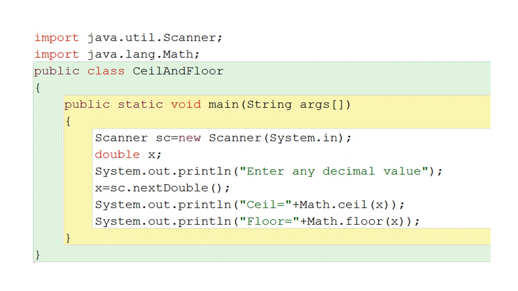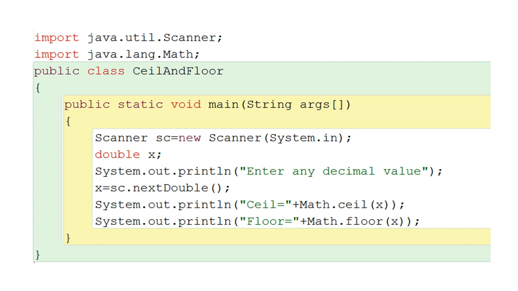This one is again a new concept, that is ceil and floor. What is the meaning of ceil and what is the meaning of floor? Suppose I am writing 12.7. Now 12.7, it means the lower integer value is 12 and the higher integer value is 13.